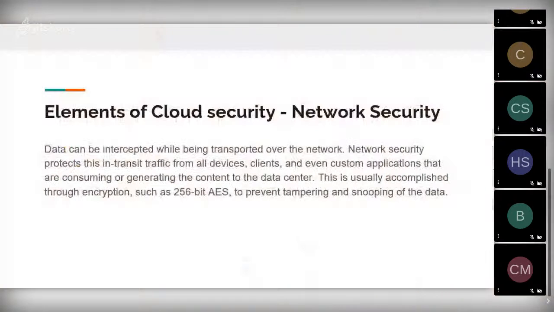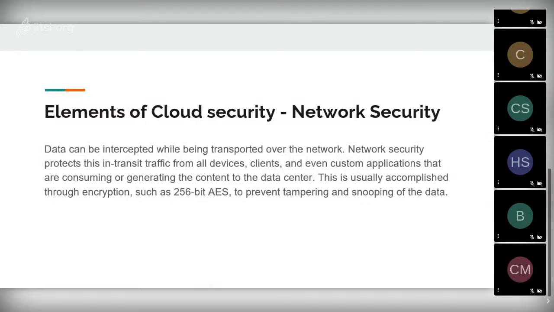So we have network security. Data can be intercepted while being transported over the network. Network security protects this in-transit traffic from all devices, clients, and even custom applications that are consuming or generating the content to the data center. This is usually accomplished through encryption, such as 256 AES. AES means Advanced Encryption Standard. It is a standard encryption algorithm, and basically, encryption means